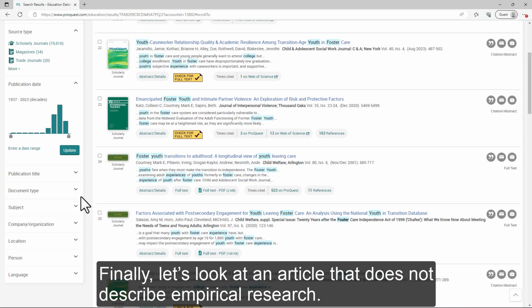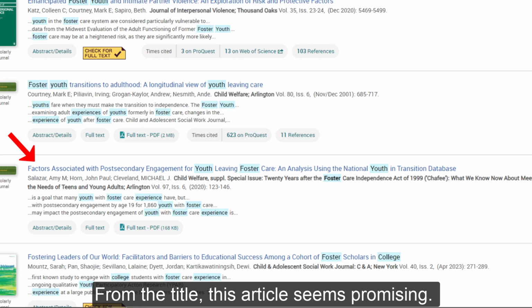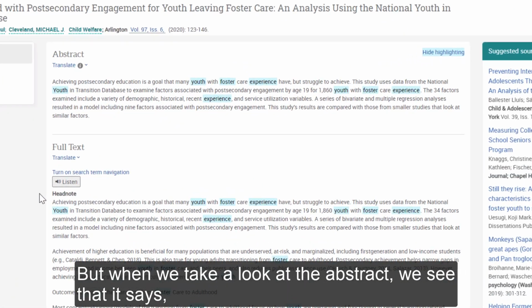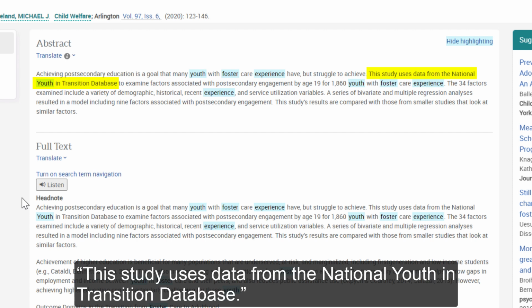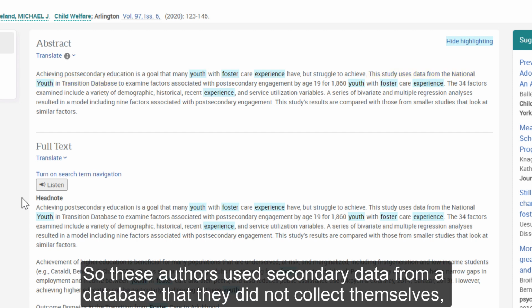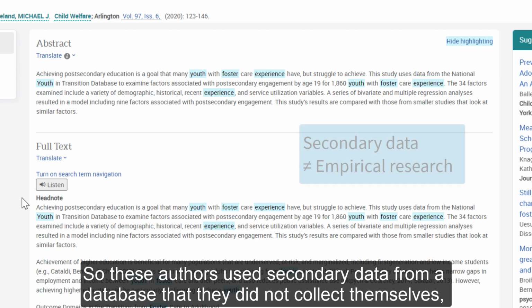Finally, let's look at an article that does not describe empirical research. From the title, this article seems promising. But when we take a look at the abstract, we see that it says, this study uses data from the National Youth and Transition Database. So these authors use secondary data from a database that they did not collect themselves,